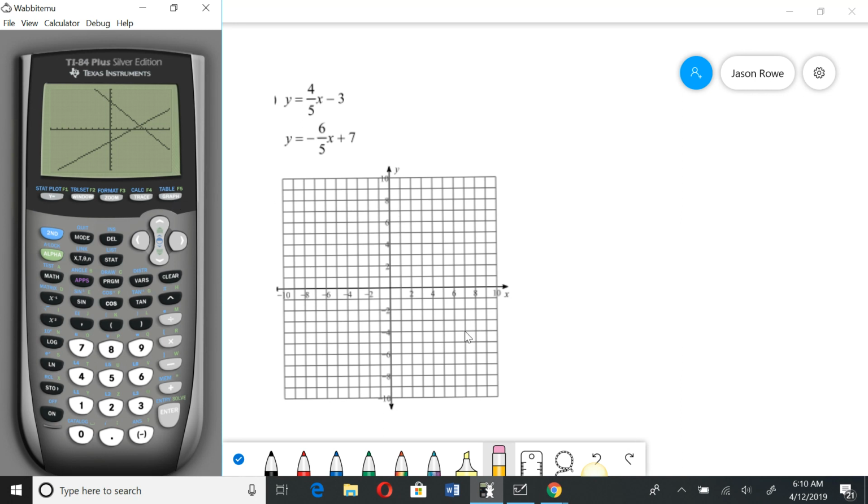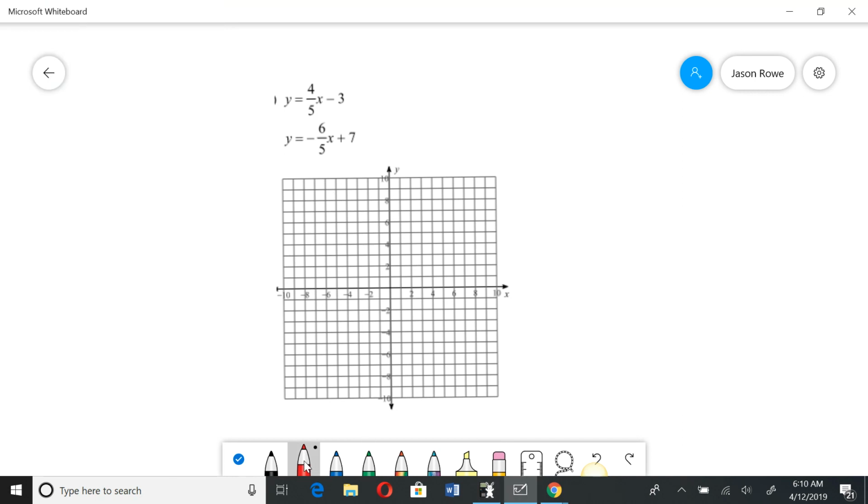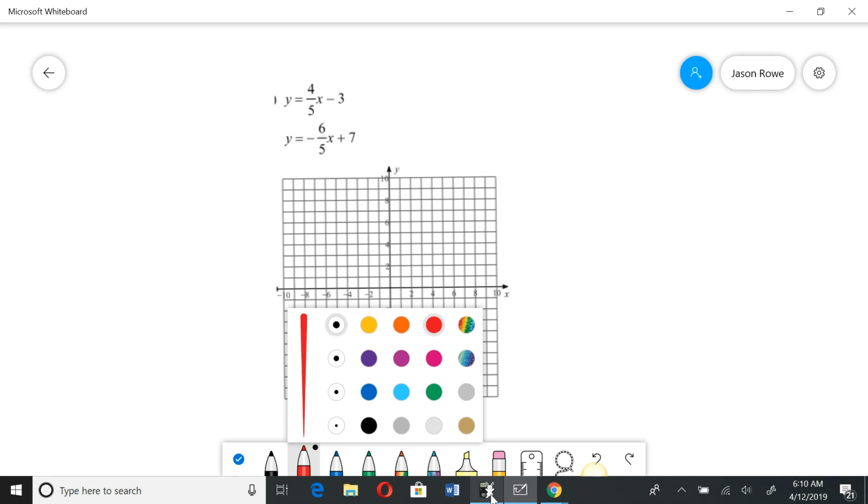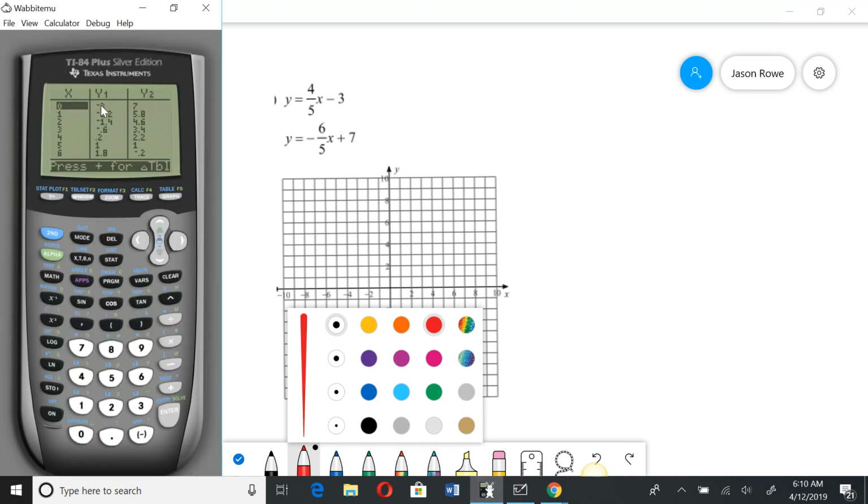Now, if you want to place these graphs in your work, which is one of the things you're going to have to do when you solve by graphing, you're going to hit 2nd Graph. And see, this pulls up a table of values that you can then use to plot points on your graph. Y1 would be the first equation we typed in, Y2 would be the second equation. So we can match up x and y. For example, if I wanted to graph this equation, I've got a point at (0, -3). So I'm going to plot a point at (0, -3), which